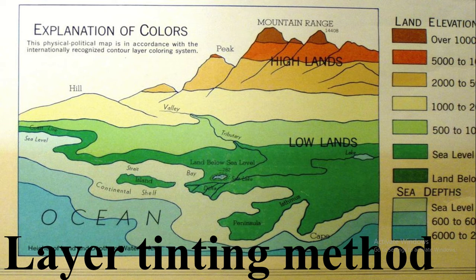For example, water bodies, like sea and lake, are colored blue, whereas the adjoining land is colored dark green. Then the high land which is higher than that is colored light green, and next to it is colored yellow, and then the mountains are colored a little darker, and it goes on like that. Here in the picture you can see it very clearly.